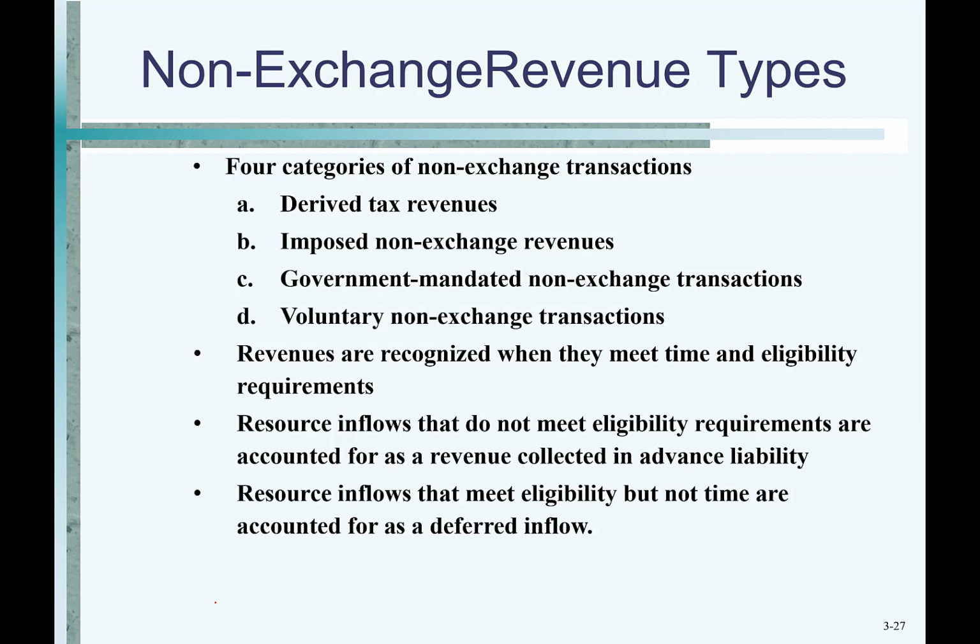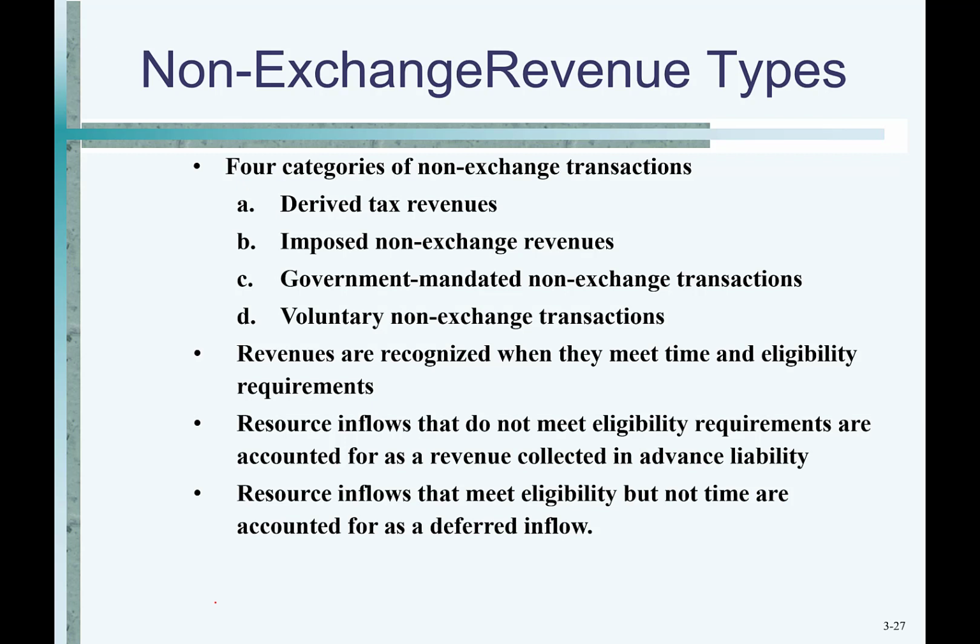And we're going to talk about non-exchange revenues first. Non-exchange revenue, for the most part, is taxes, isn't it? You pay your tax, you expect the government to be there. Okay, and as we go through our revenue recognition rules, we are going to see that they are applied differently